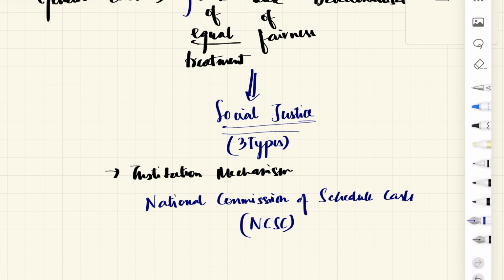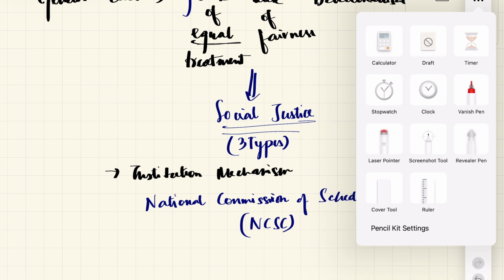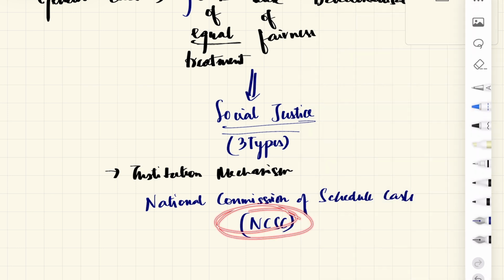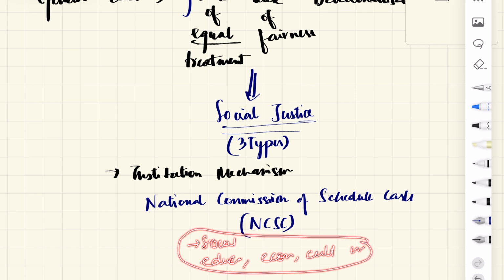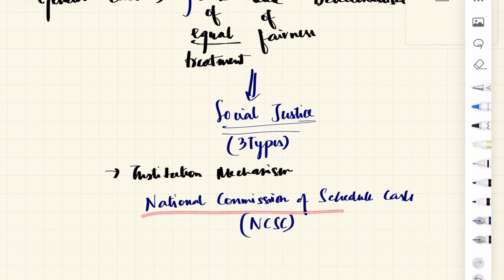There's also discrimination against them. So that's why this National Commission of India looks after this. What is this? It is a constitutional body under Article 338. So the social, educational, economic, or cultural interests will be provided properly through this National Commission for Scheduled Castes. Even we have one for women,